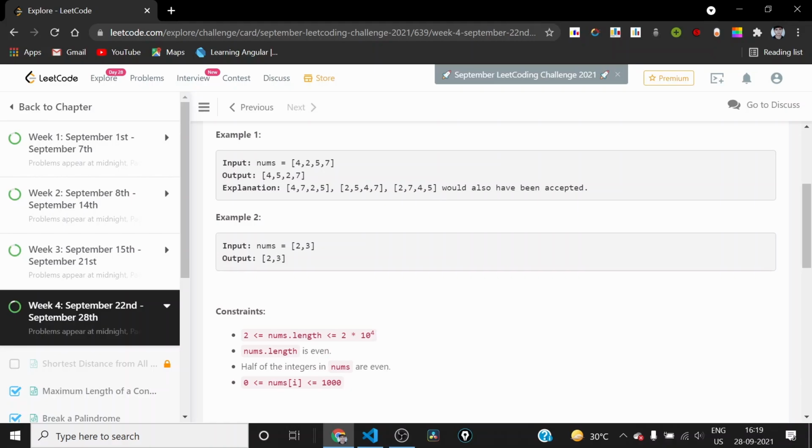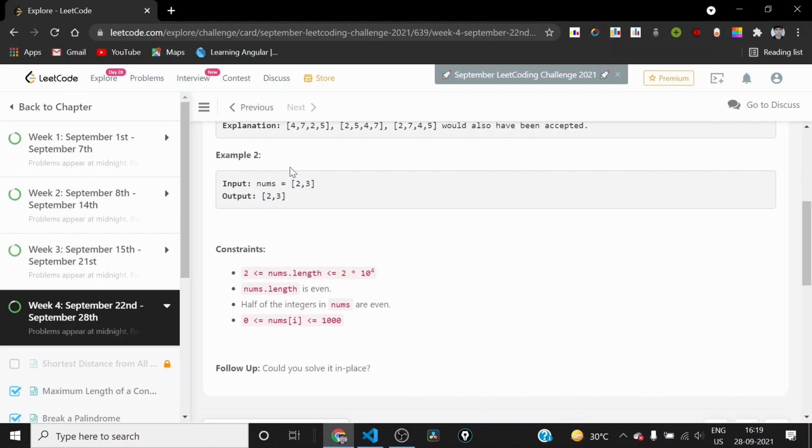And for example 2, the only situation is 2 comma 3, because there is only one even and only one odd, so there is only one place for even and only one place for odd, so there is only one possibility. So that's why the output is 2 comma 3.